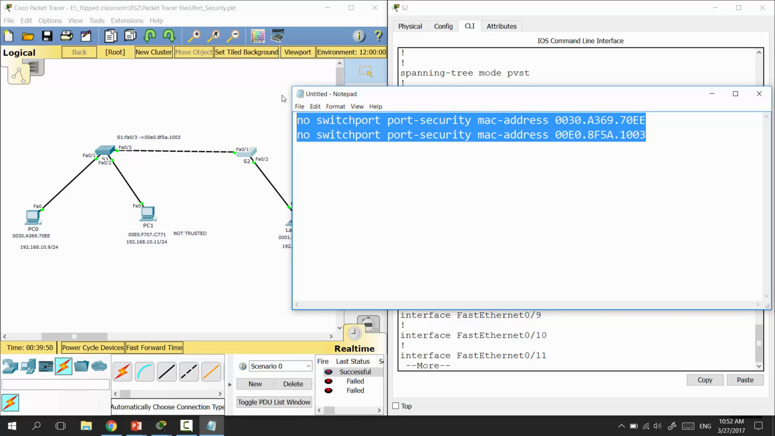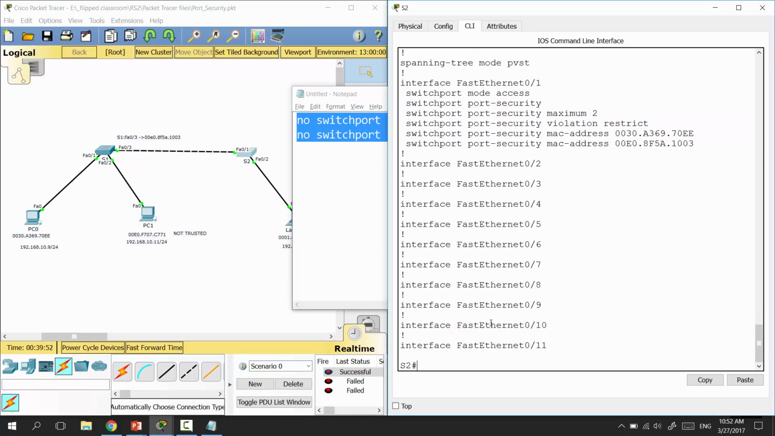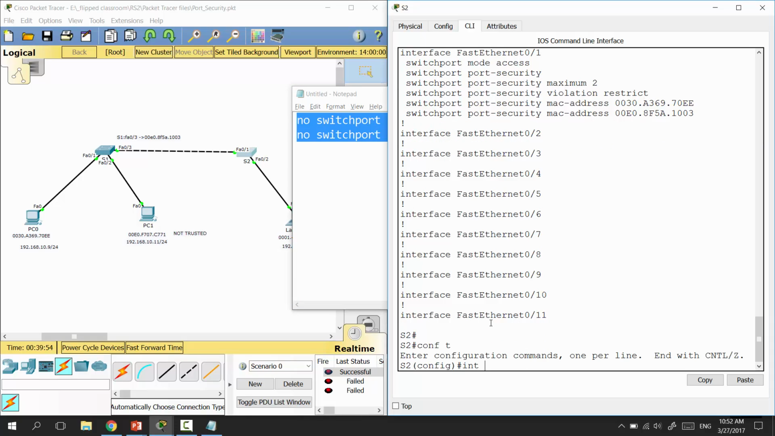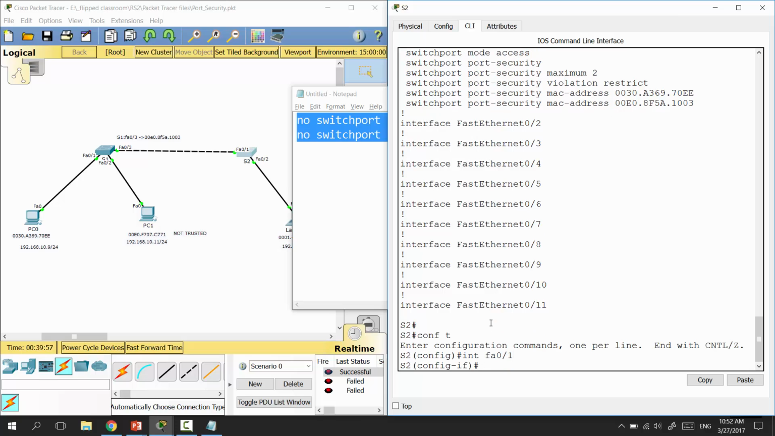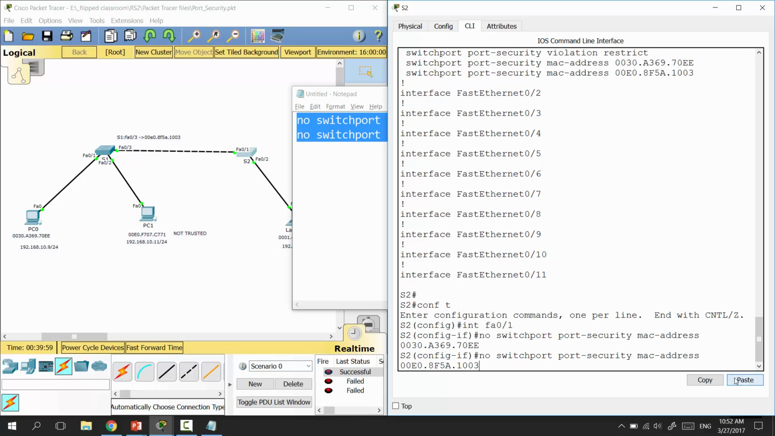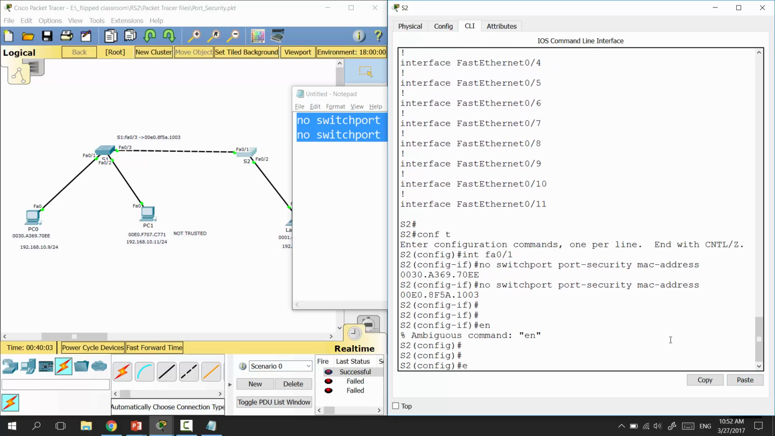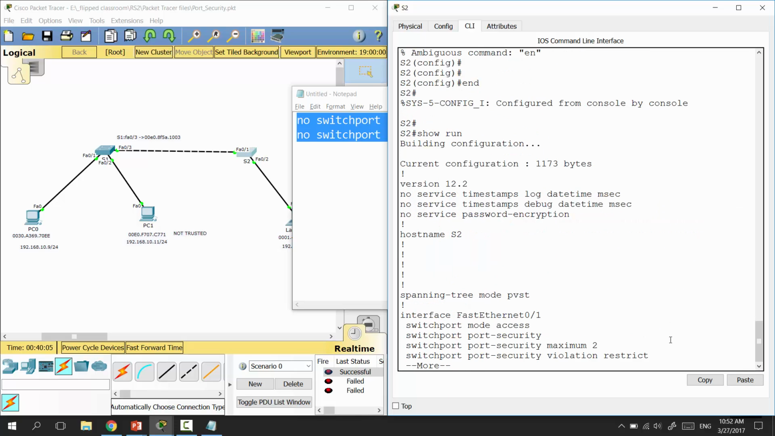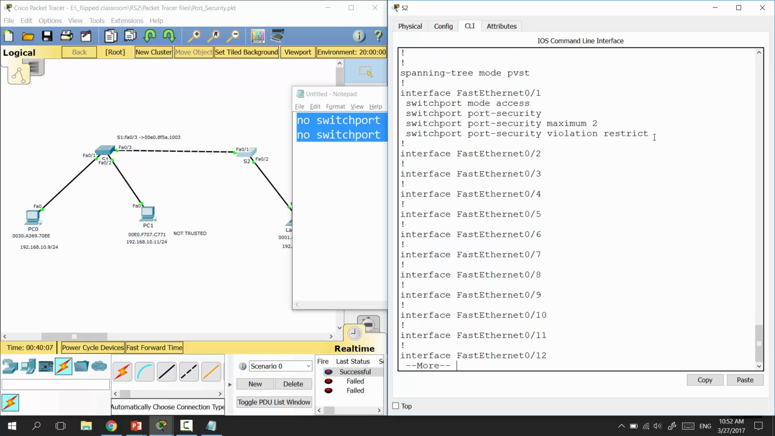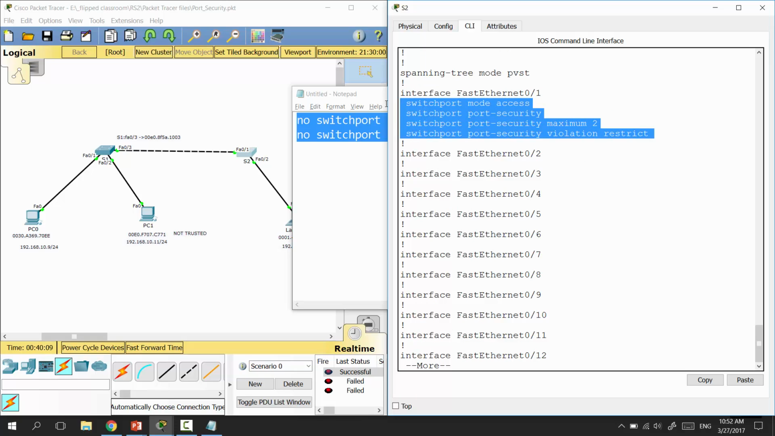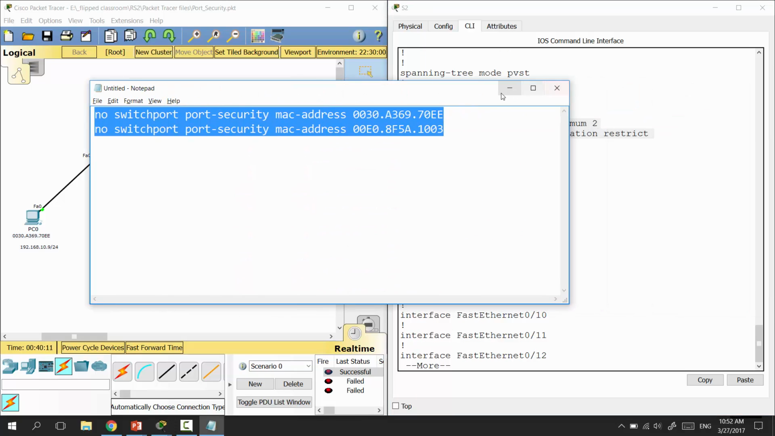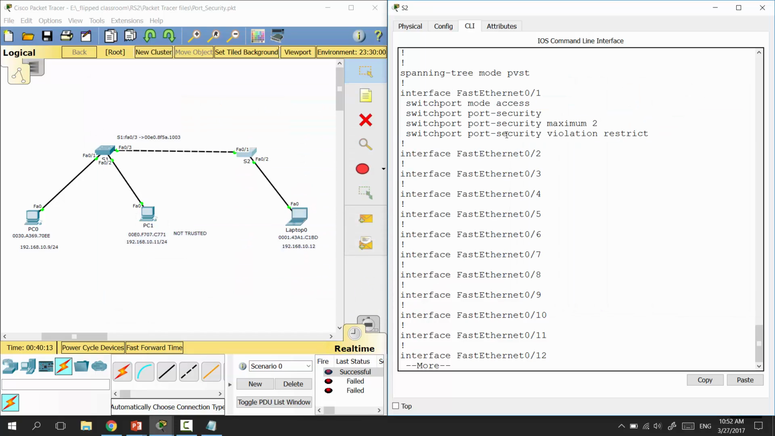So we'll delete these two MAC addresses from our configuration of the FA01 port of switch2, and we'll just paste them. And then we'll take a look one more time at our running configuration file, so that we'll be sure that we don't have them. You see, we don't have these MAC addresses. If we didn't configure MAC addresses, then the switch will learn MAC addresses